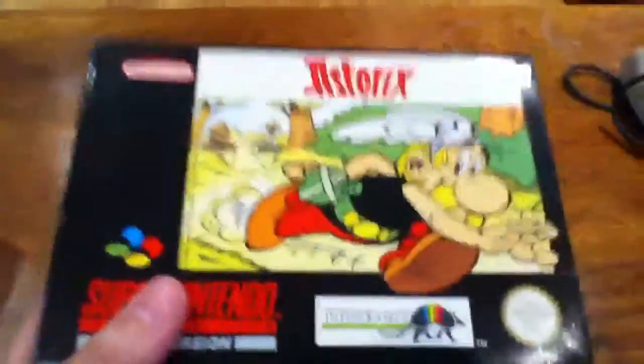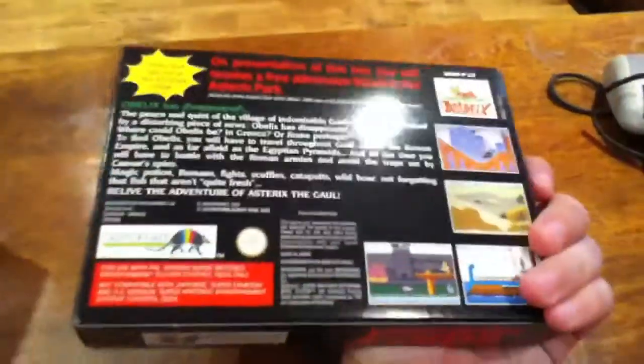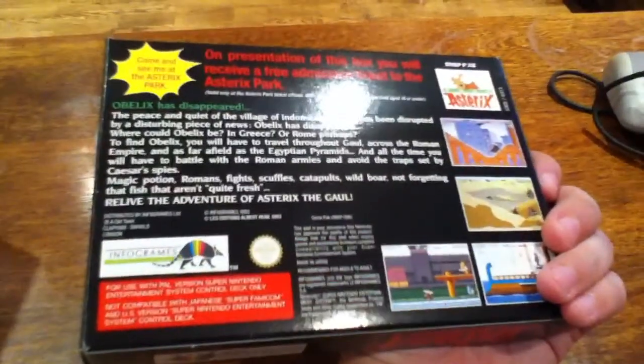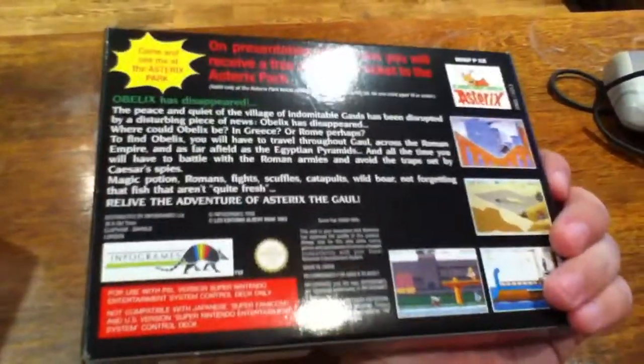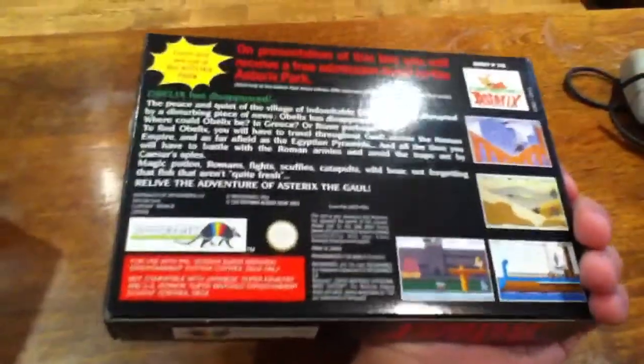Now we'll come to the games that I have played, and probably my least favourite first is Asterix, which is the typical licensed sort of platform game, which is kind of, you know, meh, I guess. It's okay. It's just there are certain issues with this game, such as